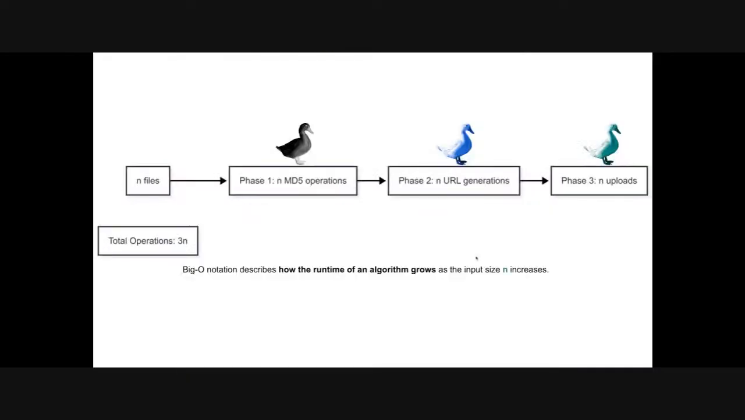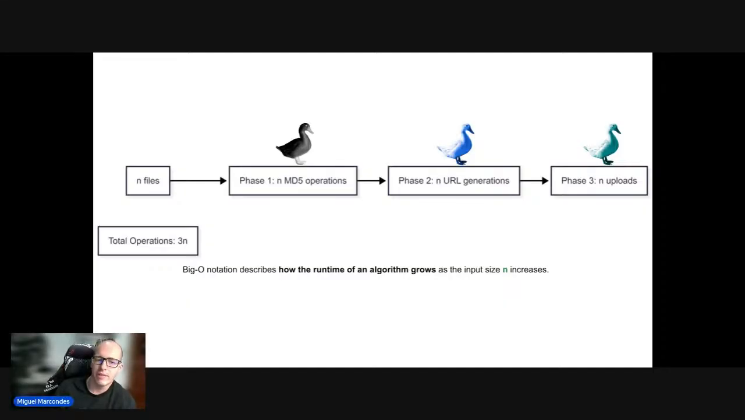But that's it. We have a number of files, and we have phase one with each duck operating MD5 hash creation. Then we have phase two with each duck creating a pre-signed URL, and then each duck using the resources that we generated in the other phases to upload the file. So when you talk about big O notations and we are checking the runtime, we can see we have like a 3n